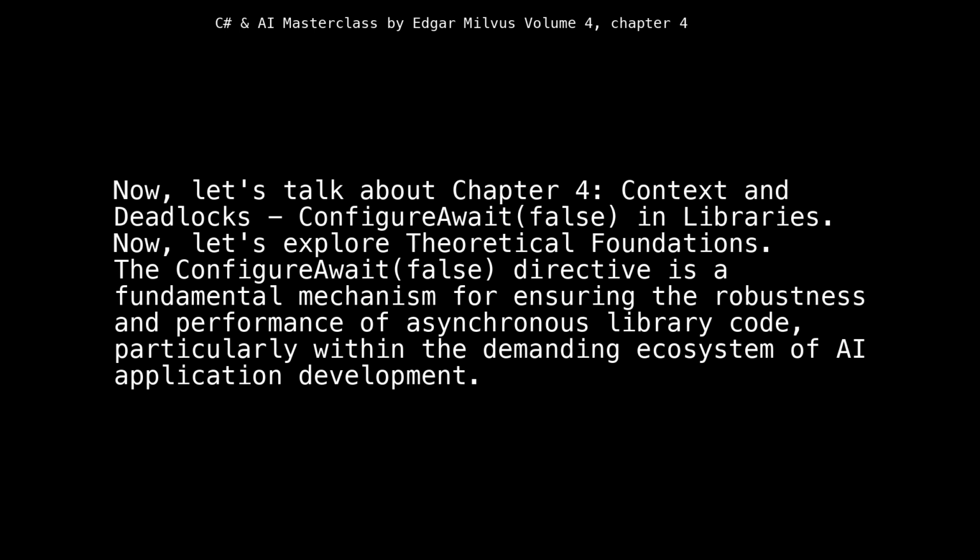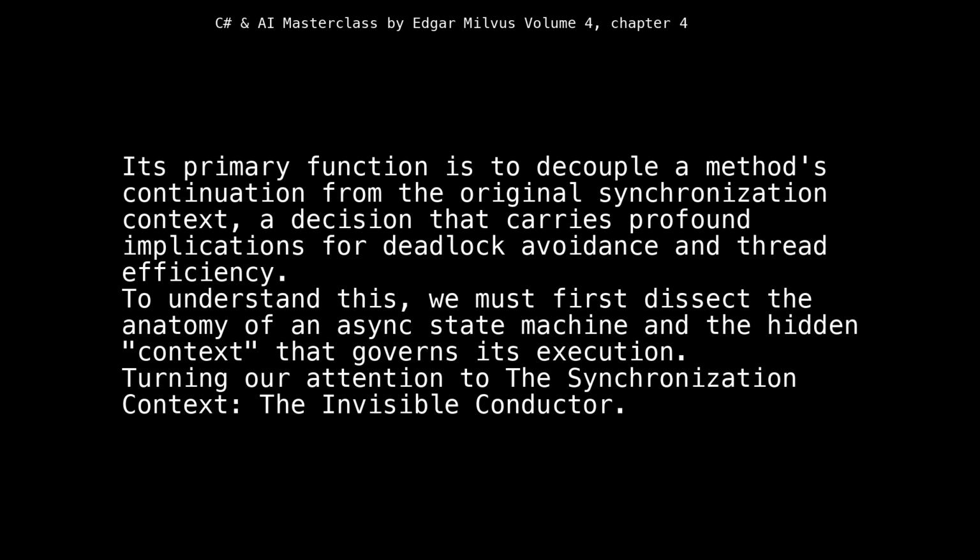Now, let's explore theoretical foundations. The ConfigureAwait(false) directive is a fundamental mechanism for ensuring the robustness and performance of asynchronous library code, particularly within the demanding ecosystem of AI application development. Its primary function is to decouple a method's continuation from the original synchronization context, a decision that carries profound implications for deadlock avoidance and thread efficiency. To understand this, we must first dissect the anatomy of an async state machine and the hidden context that governs